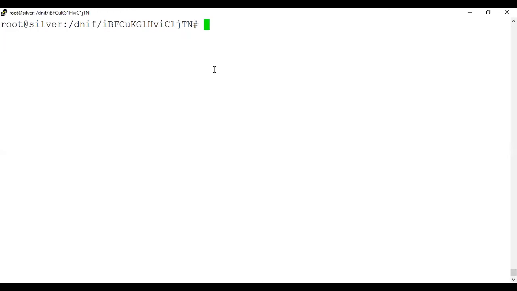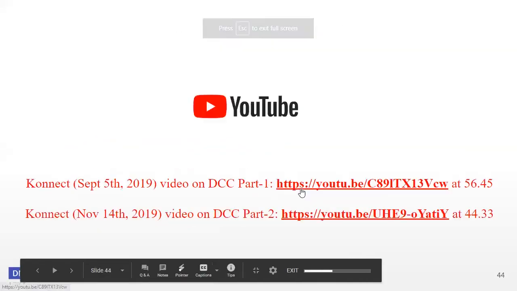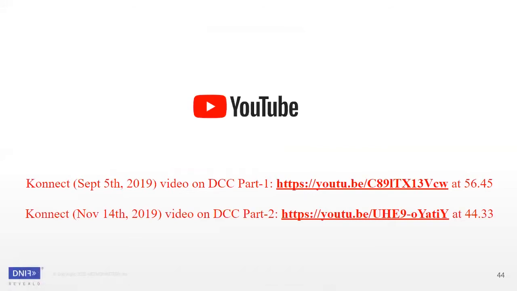Now the next part is that you want to take a backup and restore. So let me take you back to my presentation slide. Here we have seen the NIF command and control DCC functions. You can go to the YouTube channel, where there are 2 videos for it, and definitely go ahead and watch them. Part 1 is about function explanation, and part 2 is an in-depth explanation of the functions and what they are actually doing.